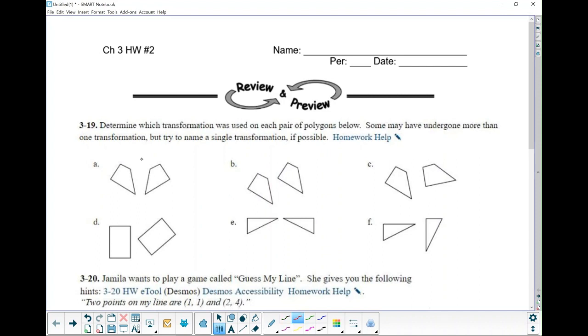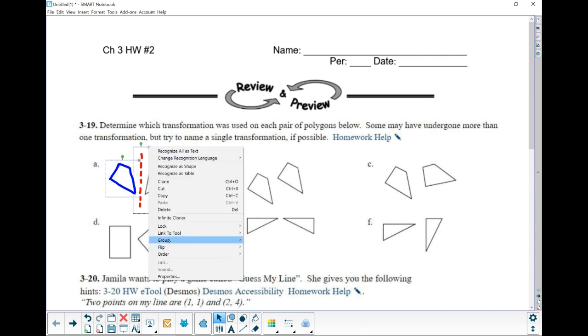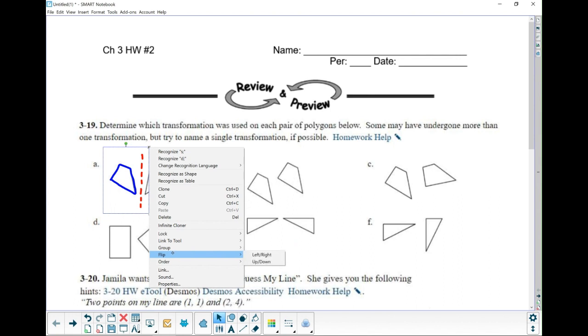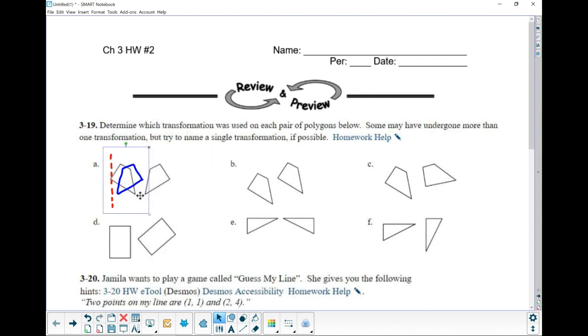A, if we're just doing one transformation, it's going to be reflection across. Right? If we take this, and reflection is basically just a flip. We flip it across. Let's group it together. And we flip it across. Okay. It would actually end up right there. So